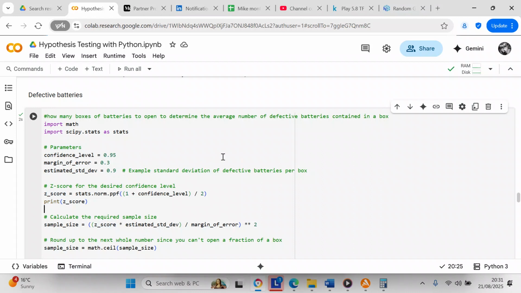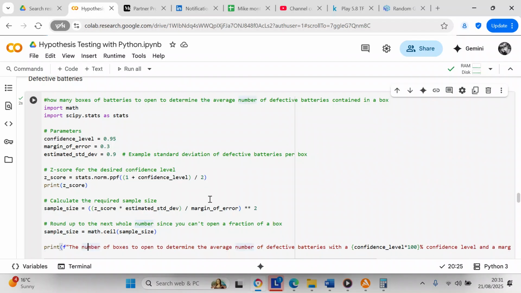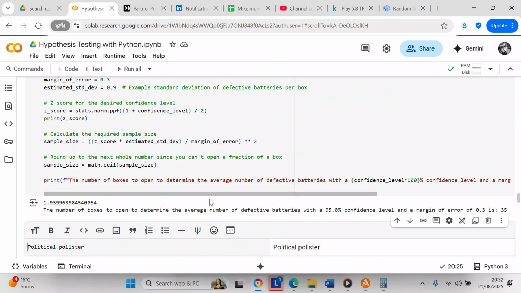So z-score equals stats.norm.ppf, and it'll be (1 plus confidence level) divided by 2. Norm means it's a normal distribution, and ppf means percentage point function. So we're going to calculate the z-score as being 1.959